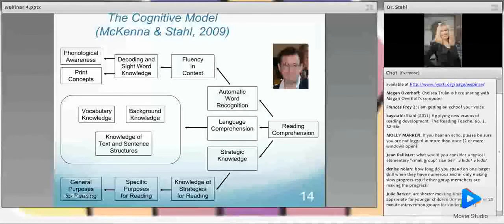And this is a little more complex than the simple view, which is the foundation for the Common Core and for any of you who are using the reading program Core Knowledge. Rather than taking a simple view with just 2 pathways, we advocate 3 pathways. And the 3 pathways that we believe feed into reading comprehension are automatic word recognition,